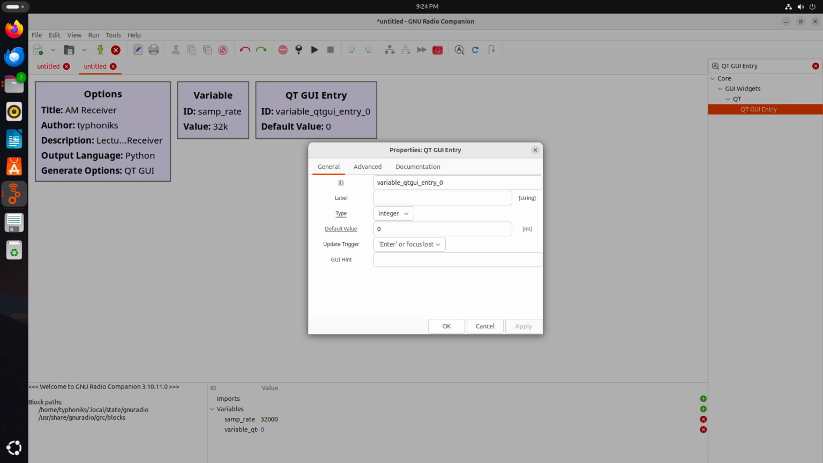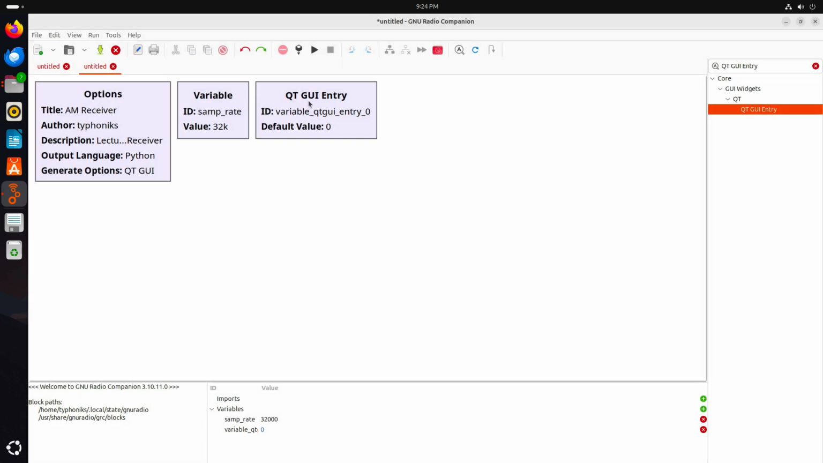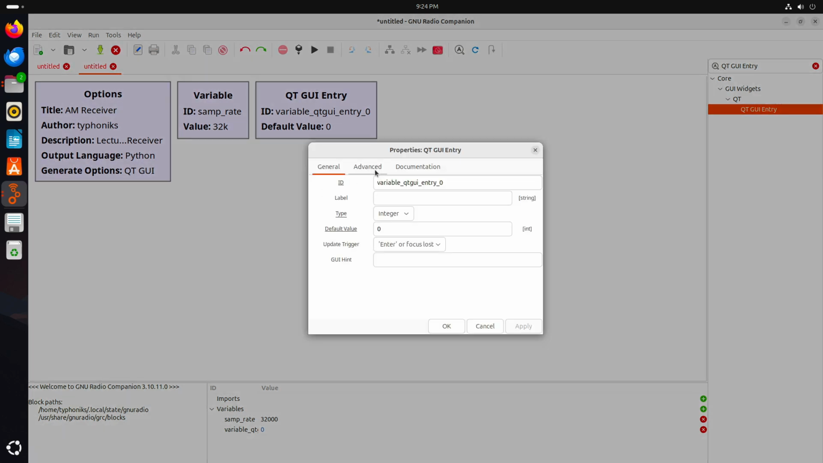To configure this entry block, we'll open its properties window by double clicking on it, and we will change the ID field to freq, and we will set the default value to 880E3, which I will explain right now. So now let's break this down. The notation